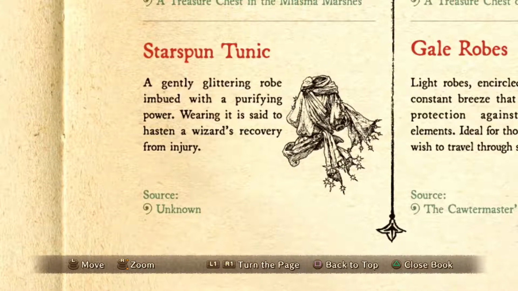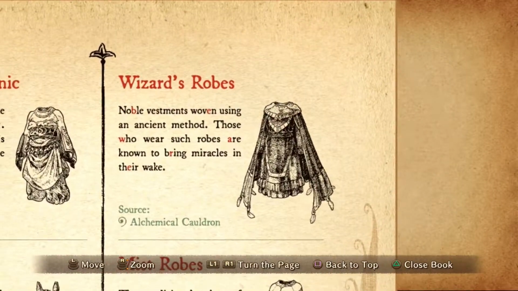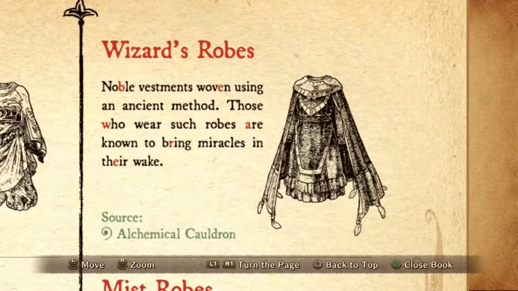Star-spun Tunic. A gently glittering robe imbued with a purifying power. Said to hasten wizards' recovery from injury. Unknown. Wizard's Robes. Vestments woven